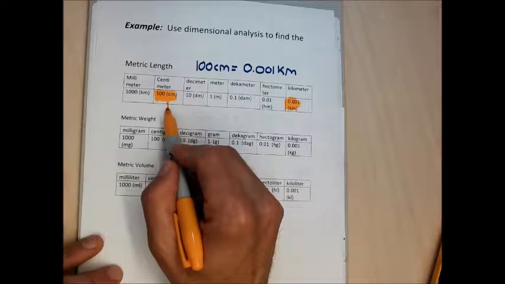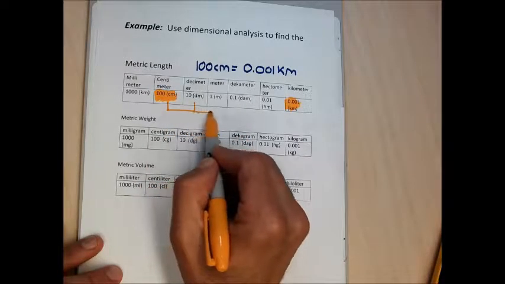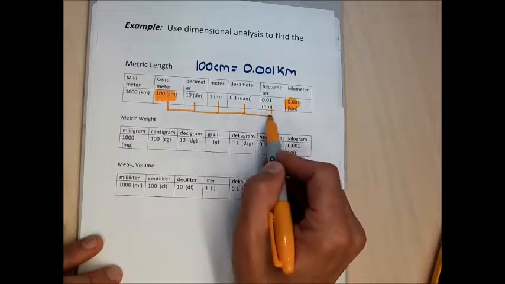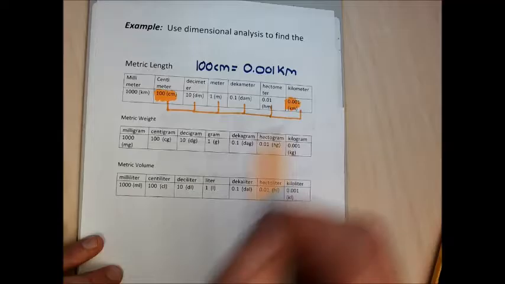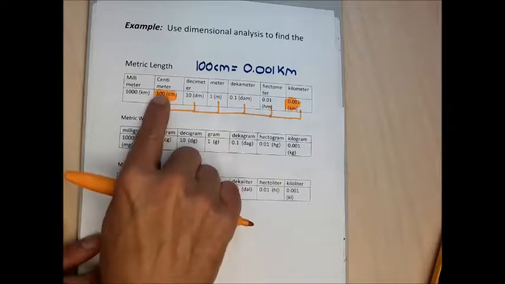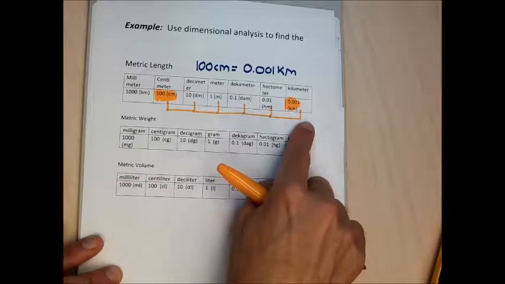And between centimeters and kilometers, it's 1, 2, 3, 4, 5 spaces. I can convert between centimeters and kilometers by moving the decimal from the centimeter number 5 places